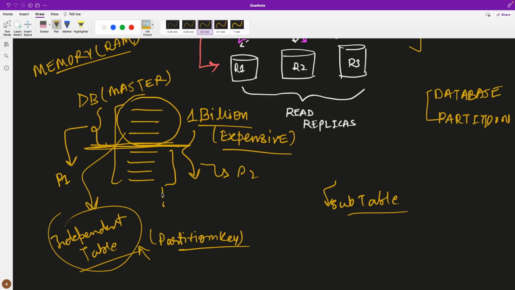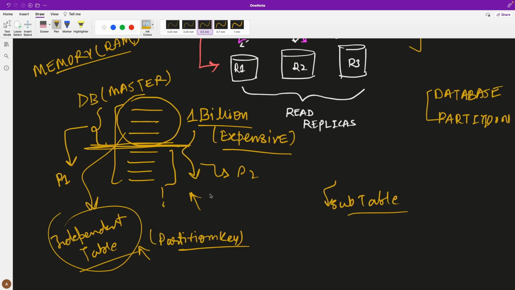So when your tables become very huge, and any operation on the database table becomes very expensive, then you have, and again, this is a single point of failure, right? If you're writing on one data source and it goes down, then you won't be able to perform the writes in the system. So the first technique is called database partitioning, where we try to split the big tables into smaller tables, and now the database can manage these smaller tables as independent database tables.